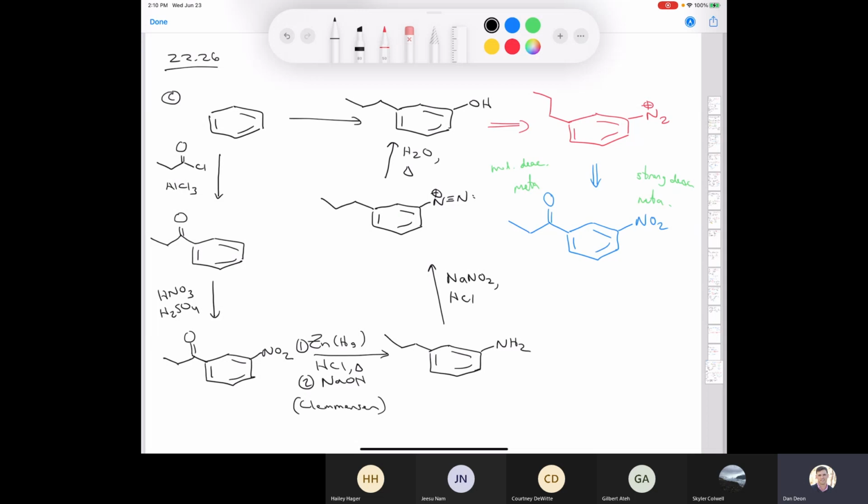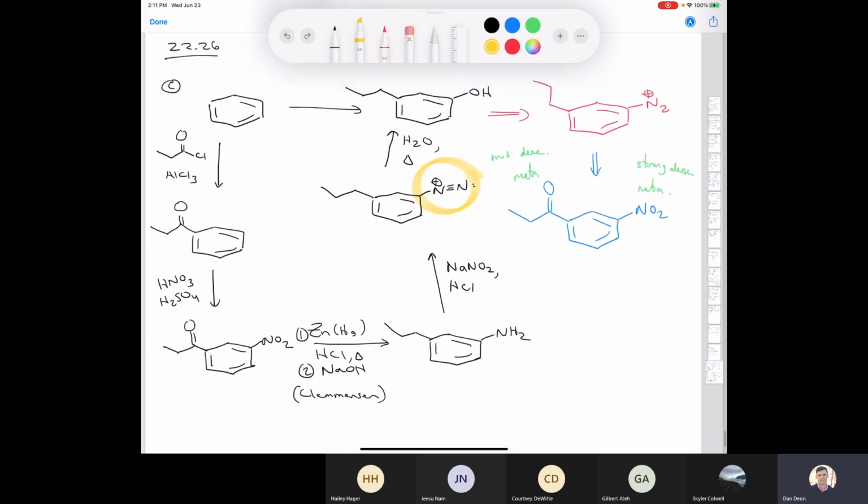That's it. But again, this is the kind of synthesis where the only way to get through to the end is to know your chemistry with diazonium ions, right? The reactions with copper(I) chloride, copper(I) bromide, copper(I) iodide, and copper(I) cyanide are the Sandmeyer reactions. The other ones aren't; this isn't a Sandmeyer reaction. It's just a reaction with a diazonium ion. But anyhow, you need to know your diazonium chemistry. Let's try one more, and I'm running out of space here, so